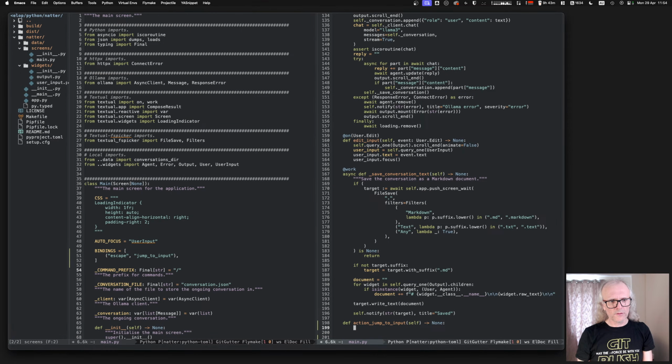So in this case, for anywhere other than user input, we're going to focus there.